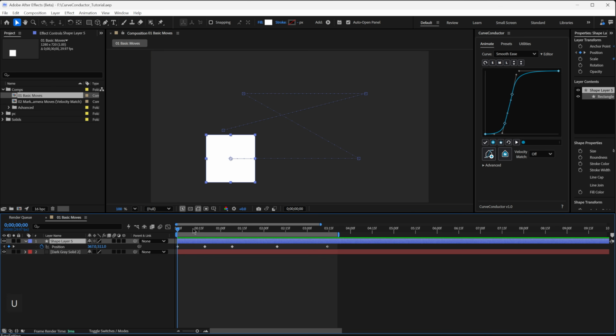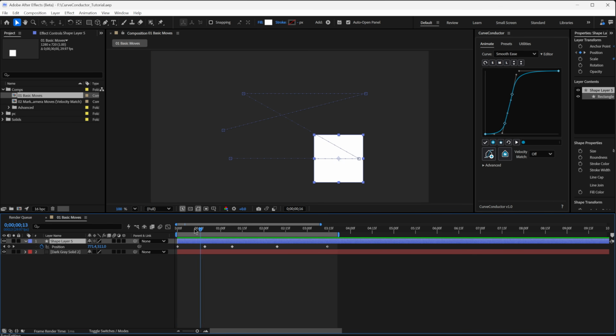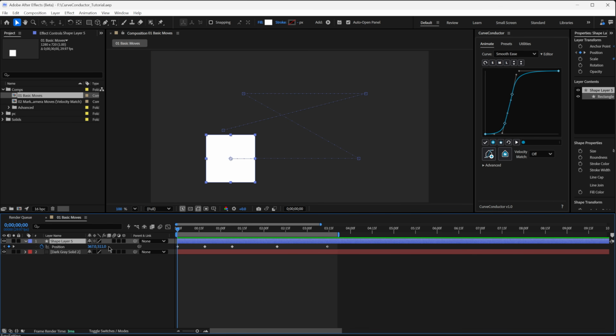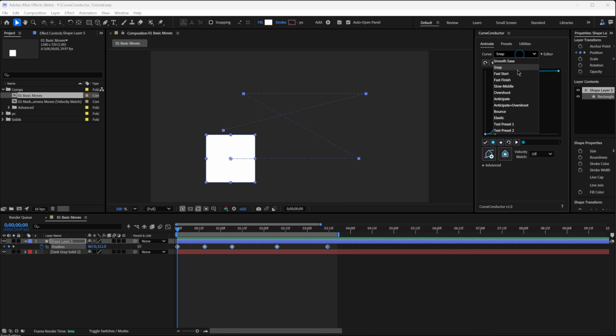All right, I have an animation here. These are linear keyframes. I'm going to go ahead and apply some control curves. So I'm just going to select these keyframes, could select the property if I wanted to. And up here, by default, I have a bunch of presets. I'm just going to pick this smooth ease preset, and I'm going to click this button